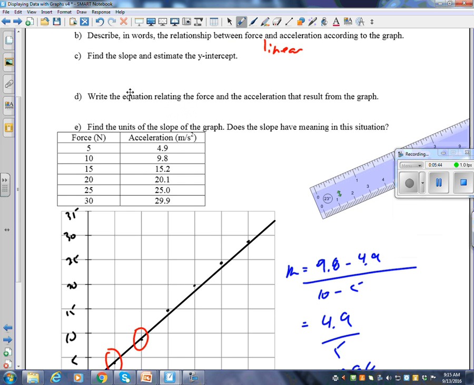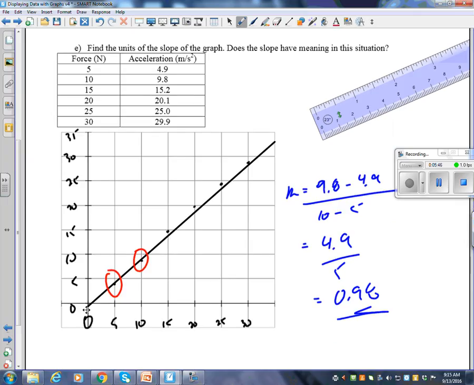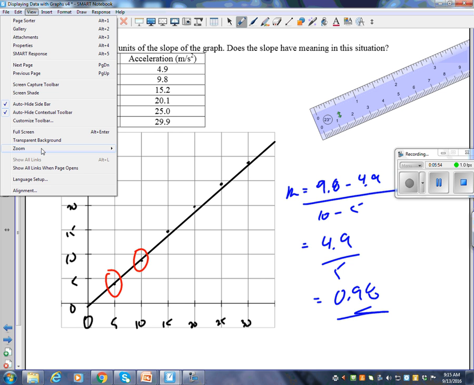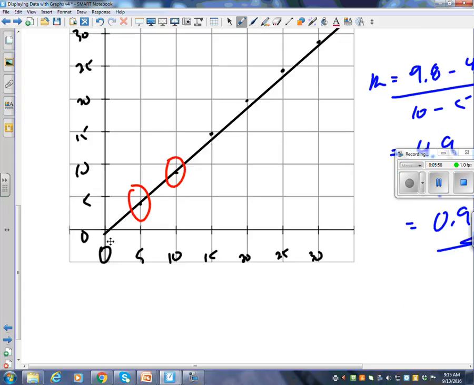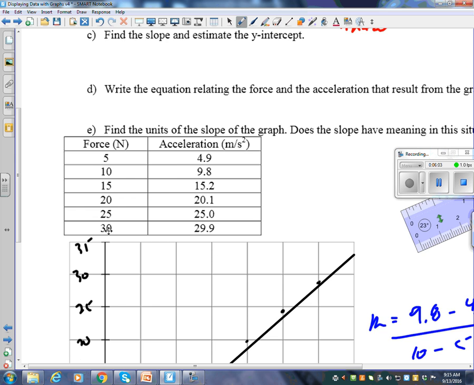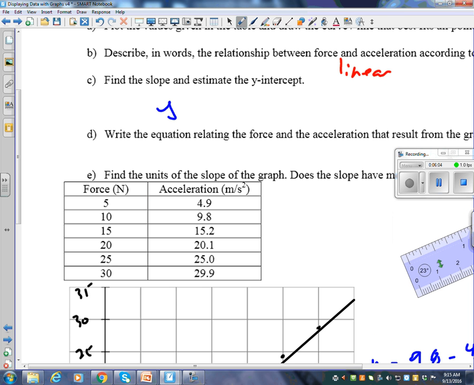Okay, so find the slope and estimate the y-intercept. What would you say the y-intercept is there based on that line? It looks to me like it's below. Do I need to zoom in a bit? That's about minus, if that's 5, maybe minus 0.5, roughly. Okay, so our equation is then y equals